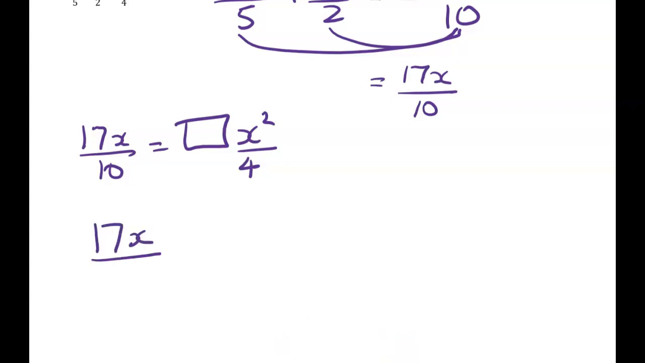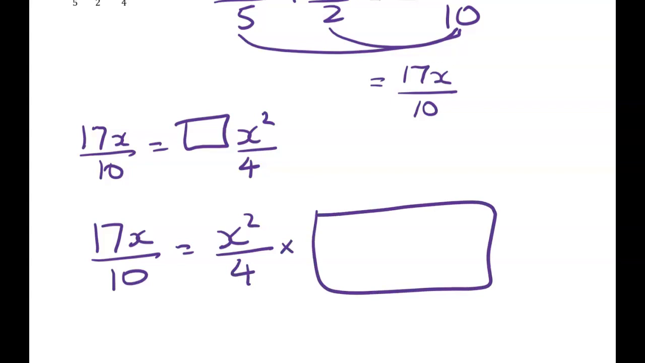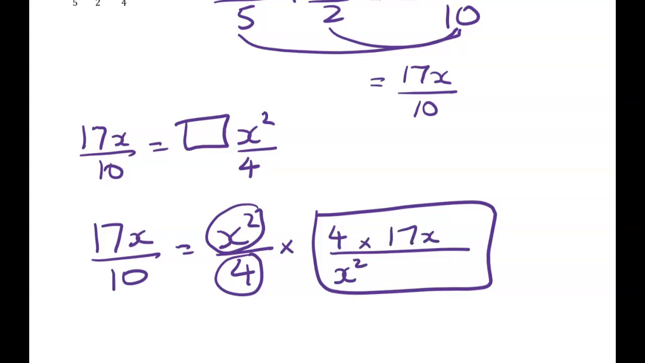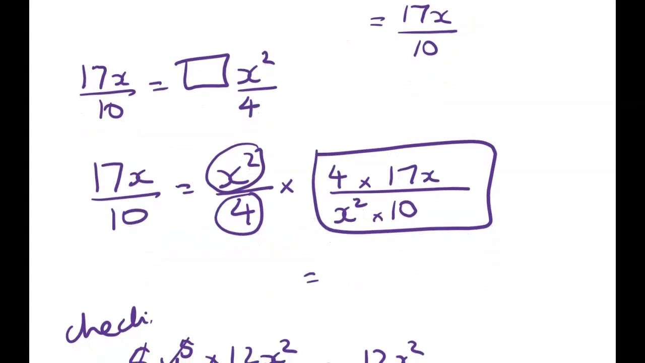So let's write it out slowly. 17x over 10 is equal to x squared divided by 4 times something. Now, we don't want the 4 in here, so we're going to times it out. We don't want the x squared in here, so I might start by timesing that out. And then I do want 17x, and I do want 10. So if we simplify all of that, we'll get